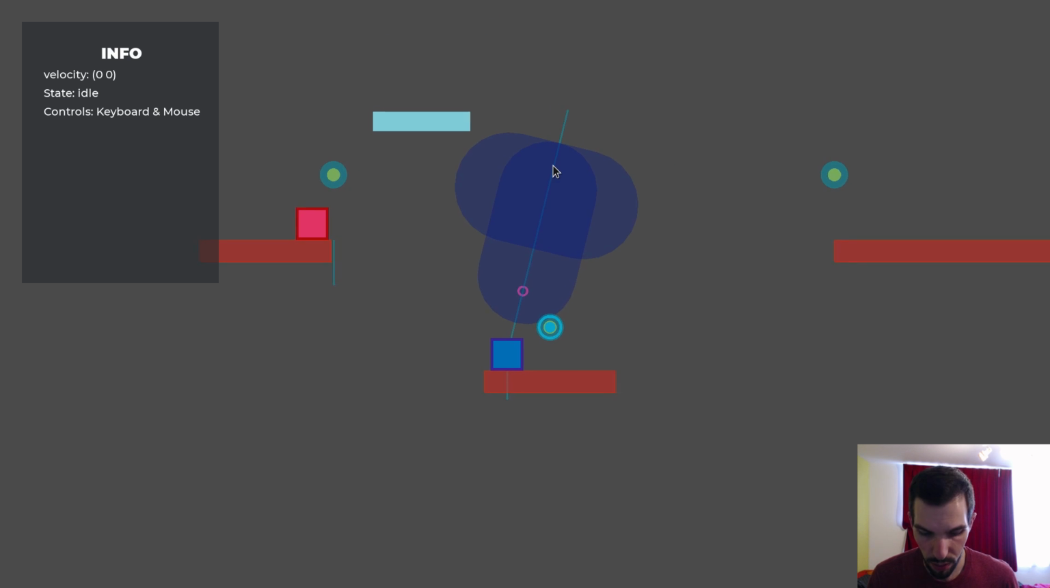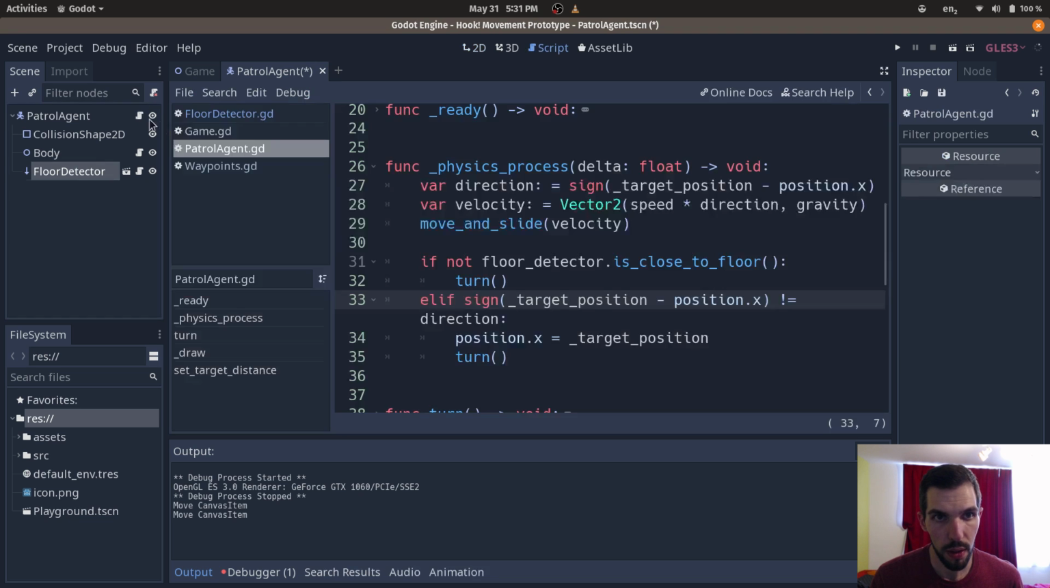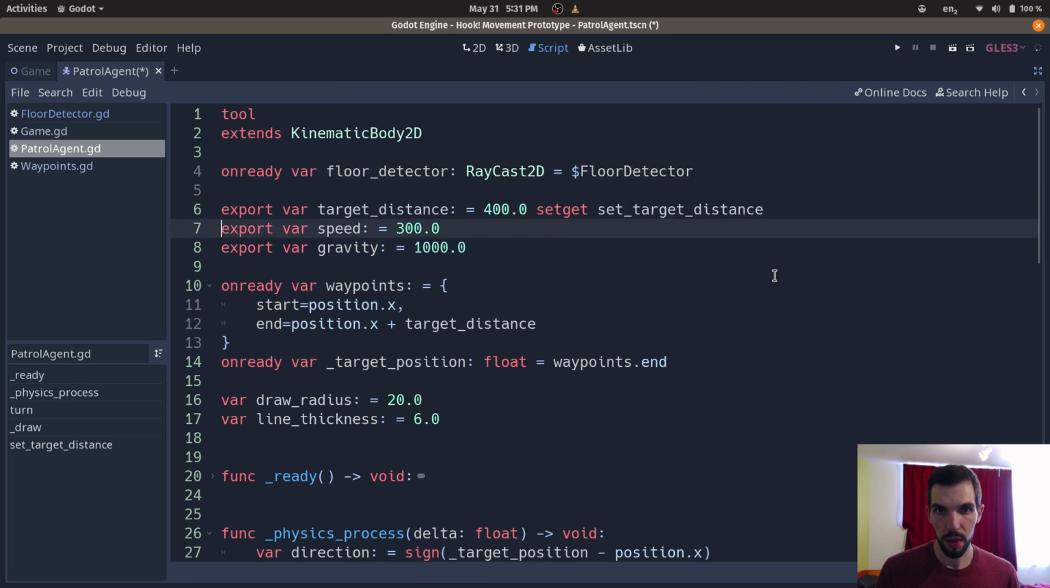Okay, so it's going to turn, but there's one problem. It's that the flaw detector ray should change direction. How do I do that? How do I change the direction of this? Okay. For now,